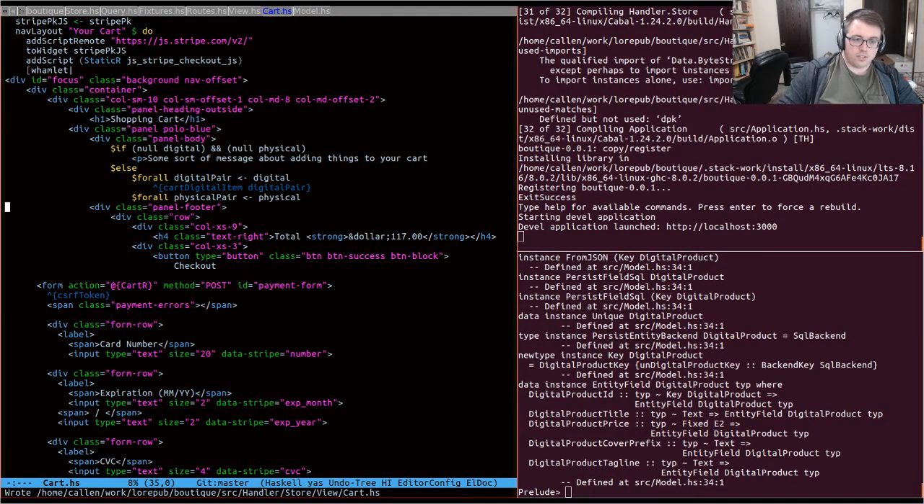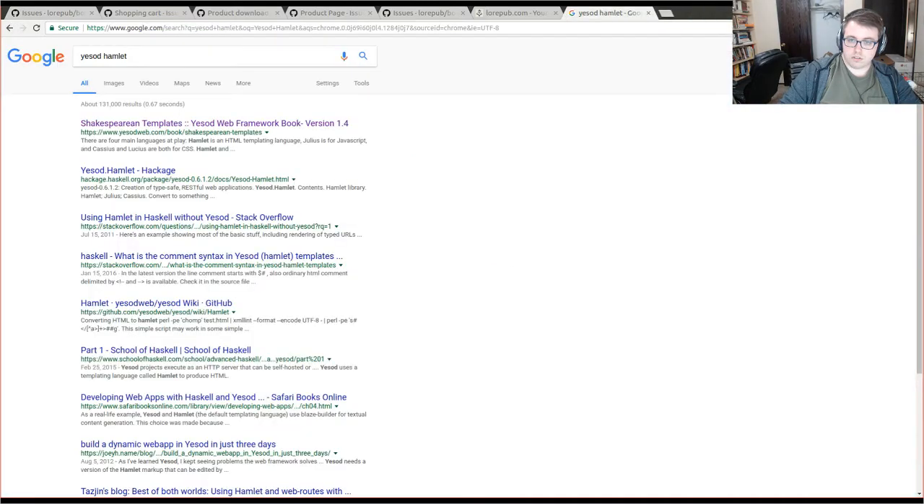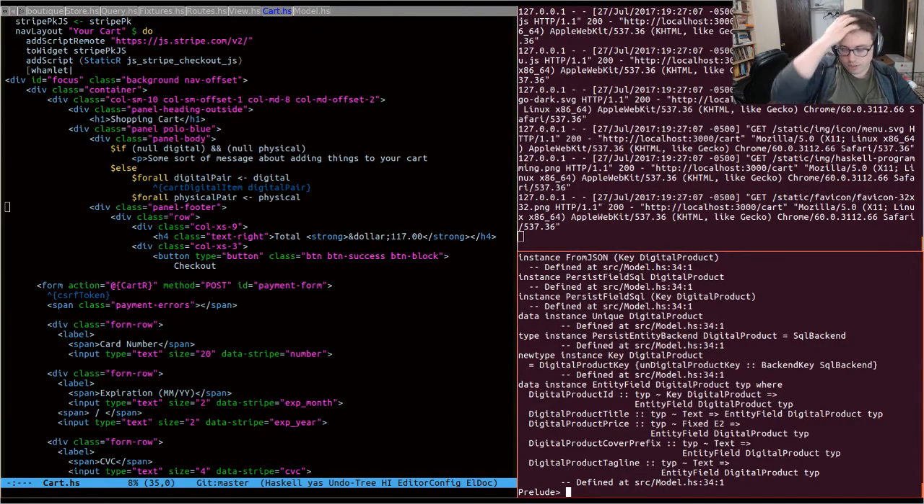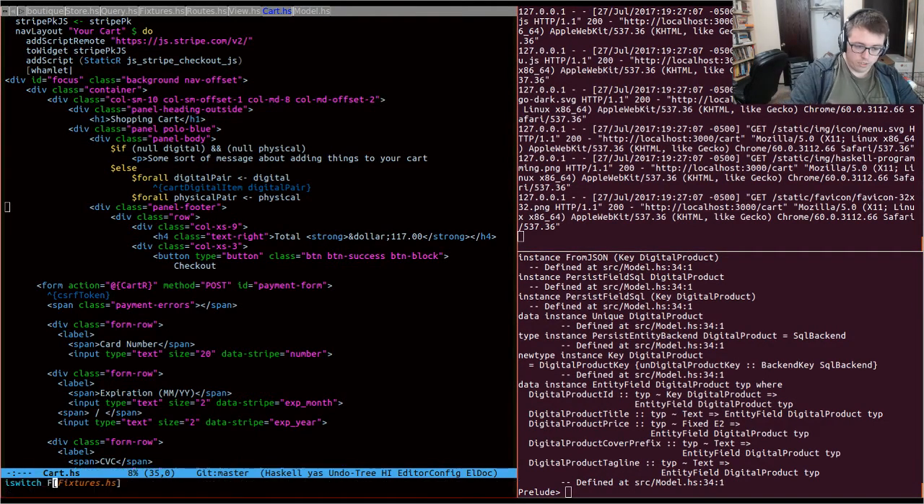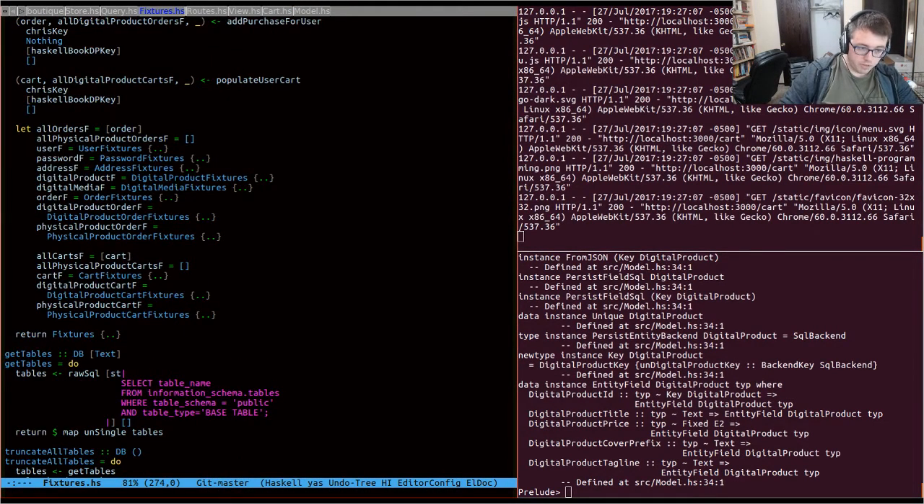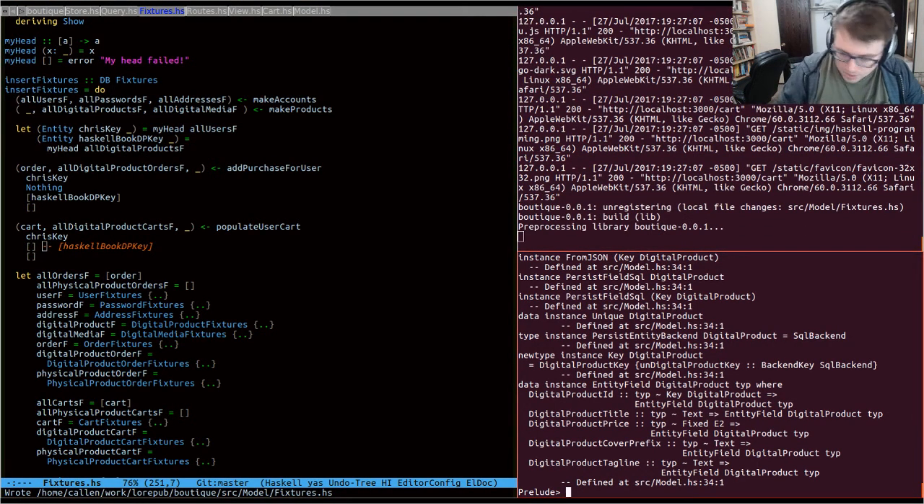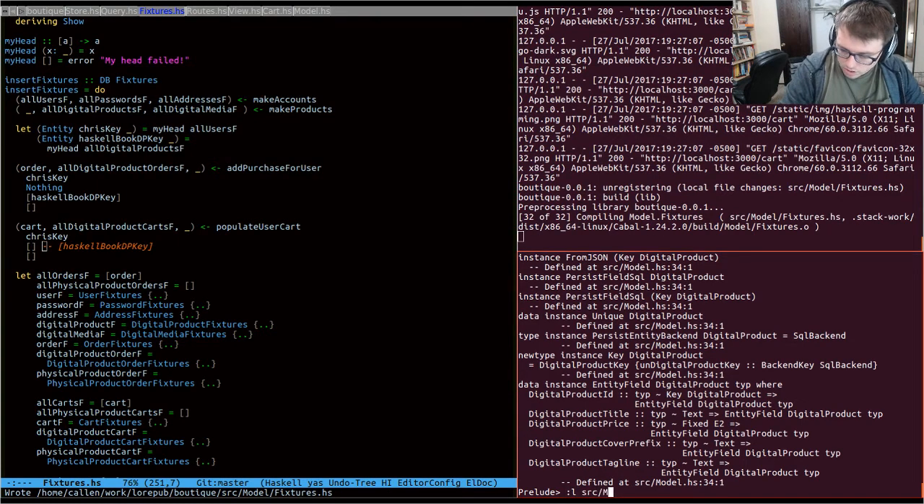Okay, so that's been done. So what I'm going to do now is reload that. And I'm actually going to go to the fixtures and, can I get away with, whoops, reload? Can I get away with doing that if I want to test the empty cart case? Source model